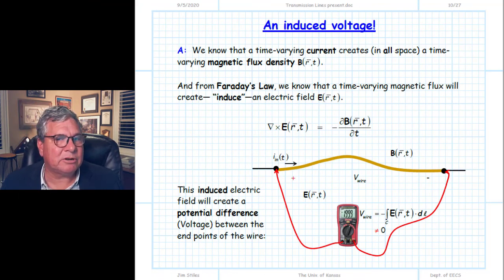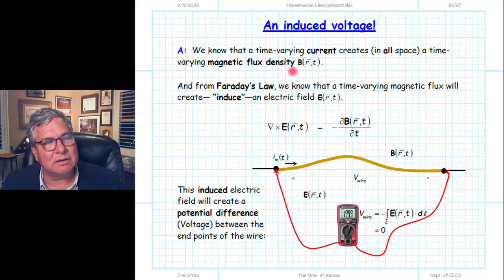You recall from your electromagnetics course that anytime you have a current that flows, there is a magnetic field, a magnetic flux density, that is created, a solenoidal field that's created by a flowing current. Now, if that current is time varying, then the B field, the magnetic flux density, will likewise be a time varying field. And Faraday showed that anytime you have a time varying magnetic field, magnetic flux density,